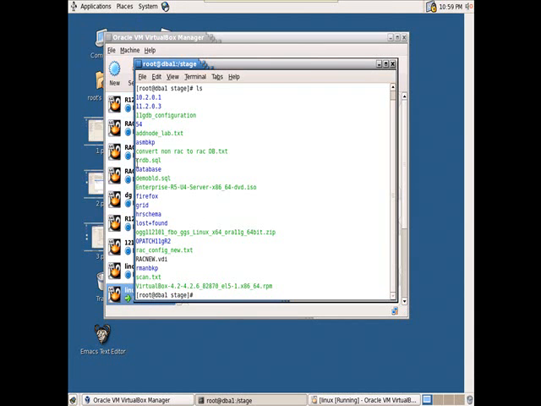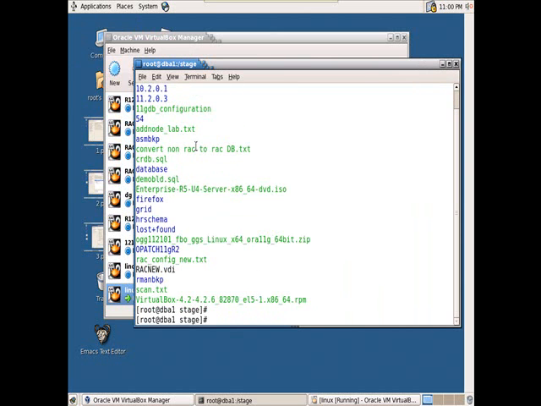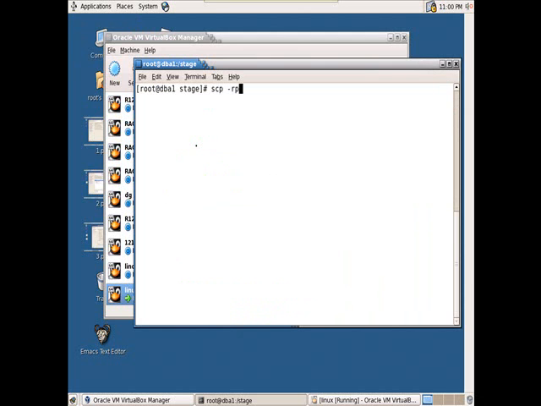Next, here a directory called database is there, and this 54 directory is also there. I want to send these two directories to the virtual machine. How can I send? I will send like this: scp space hyphen rp 54 space database.